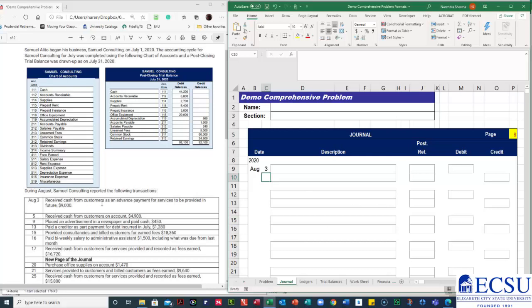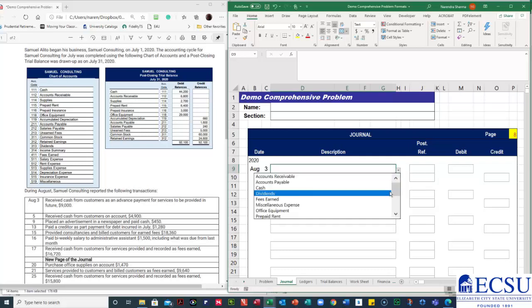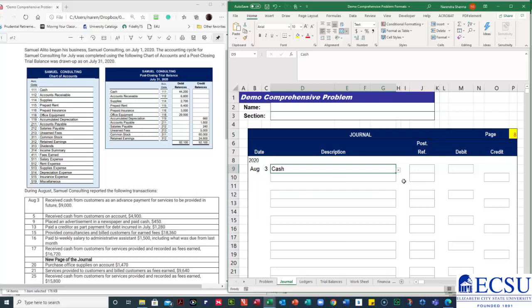Received cash from customers as an advance payment. So now please remember I'm receiving cash. Cash is an asset and I have to debit it, because it is increasing when I receive cash. So that is the cash account. And what do I credit now? It says I'm receiving advance payment for services. So it is